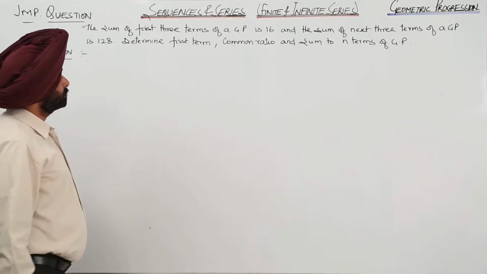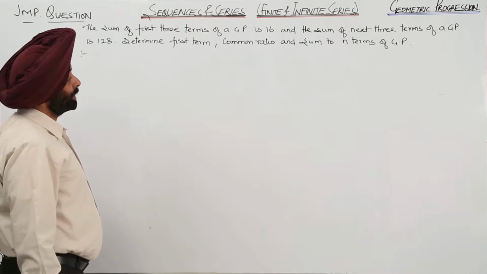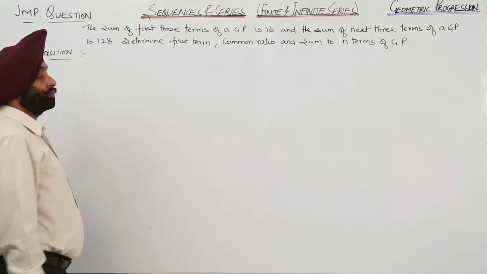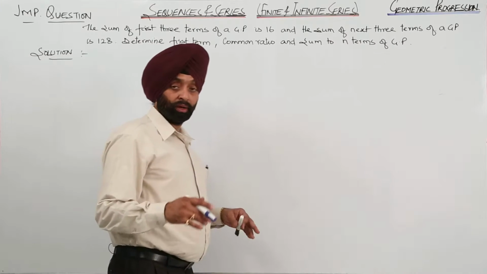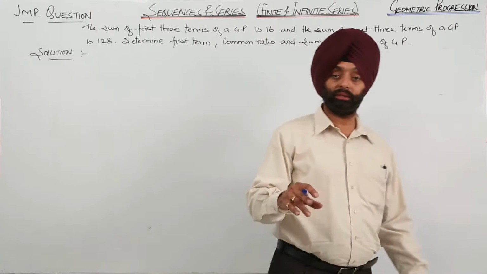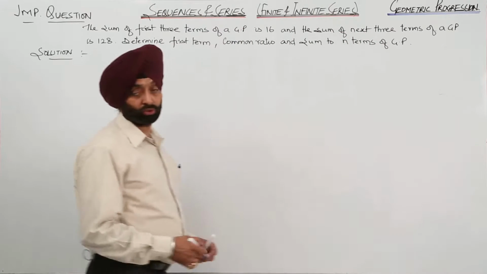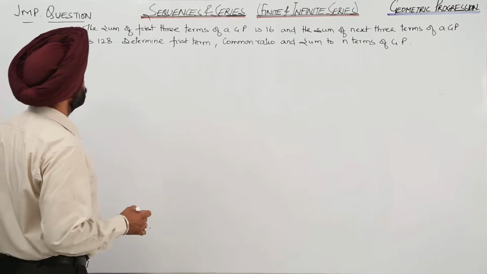The sum of the first three terms of a GP is 16 and the sum of the next three terms of the GP is 128. What we have to find? We have to find the first term, common ratio and the nth term. Simple question. Okay. So now